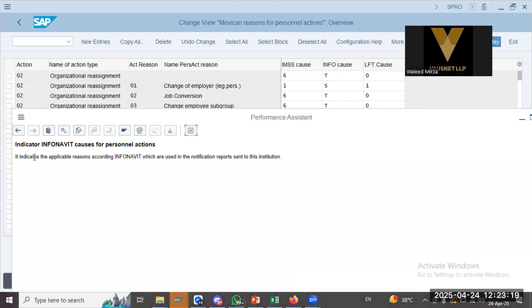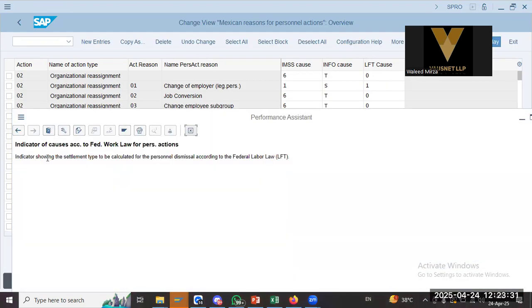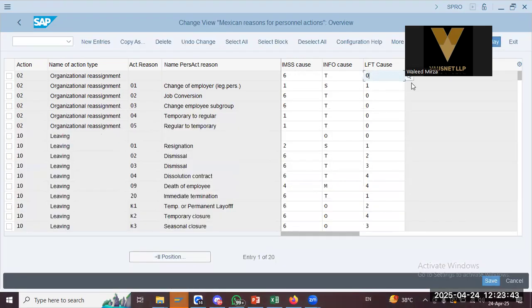Indicator, it indicates the applicable reasons which are used in notification reports. Okay, LFT. LFT is liver function test, but I don't know what this is. In HCM, indicator showing the settlement type to be calculated for personal dismissal according to federal labor law. Oh, okay. The settlement, of course, after termination will be calculated as per